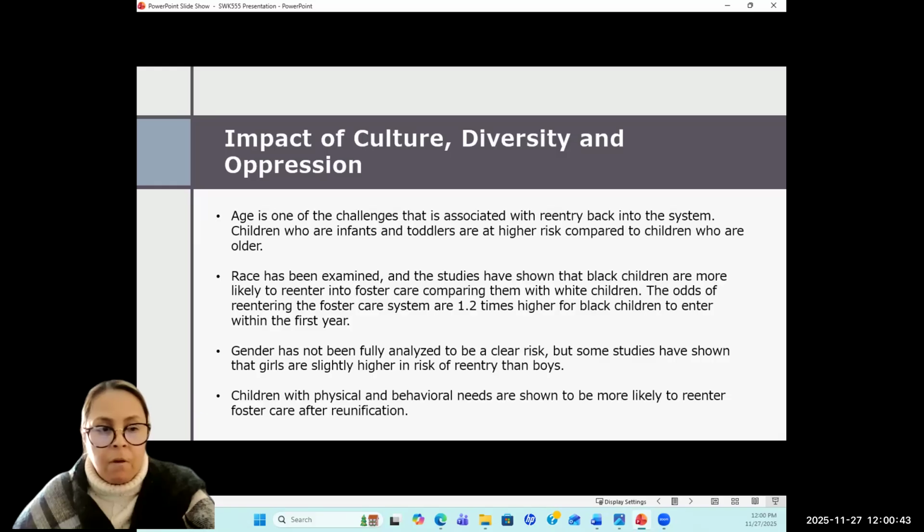The main reason is to be able to make sure that the child is not at risk or at harm. That is the ultimate goal of the department, and that the risk mitigates as well, and the harm mitigates.